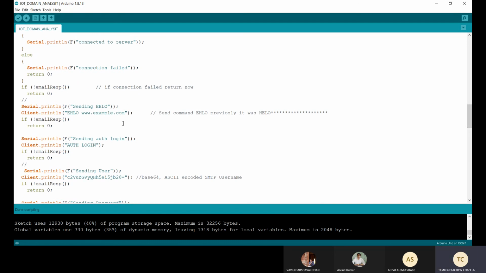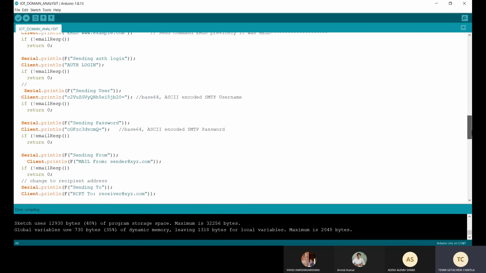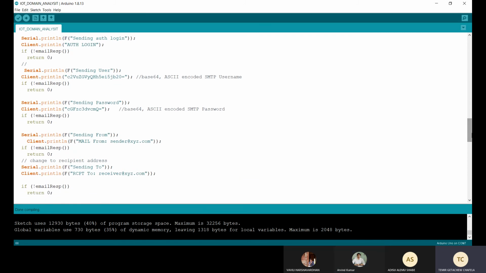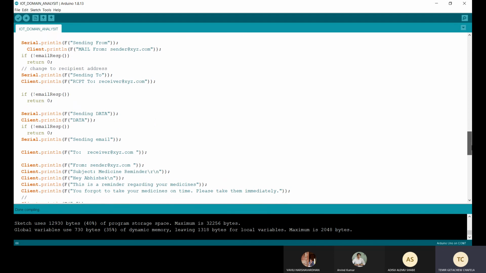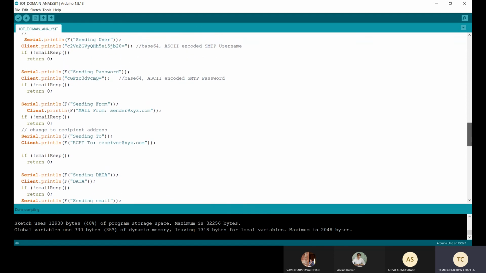So we will send the encoded username and password to the server. The username and the password from SMTP2GO, which will be pasted in the notepad, are encoded to base 64 value. After successful authentication, as can be seen here, the complete email is formed with fields like to, from, subject, body. After sending the data, the quit command is sent to complete the mail. So this is the explanation that I have made.